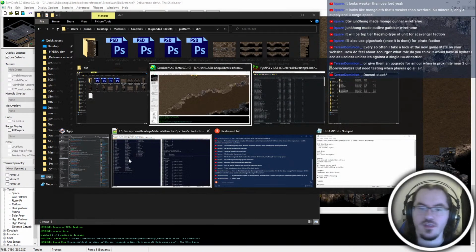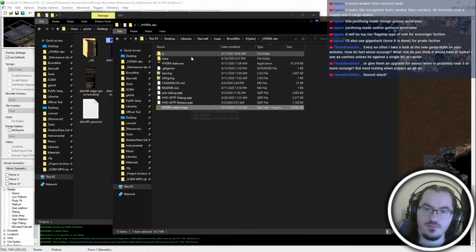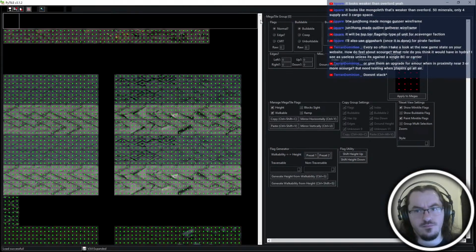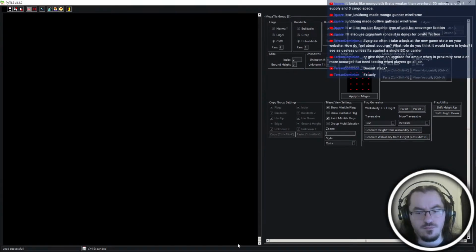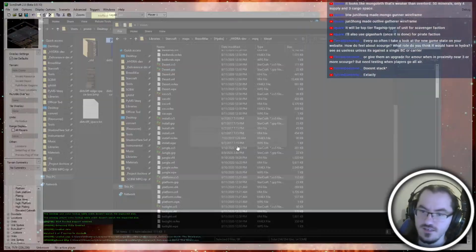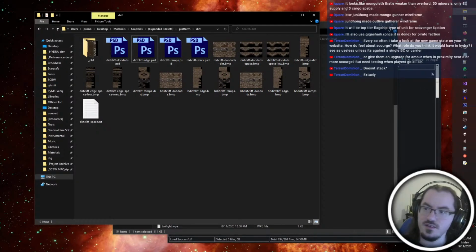Okay, let's add that to the tile set. Oh, wait, I already did add it to the tile set. I'm losing my mind. Save. And...